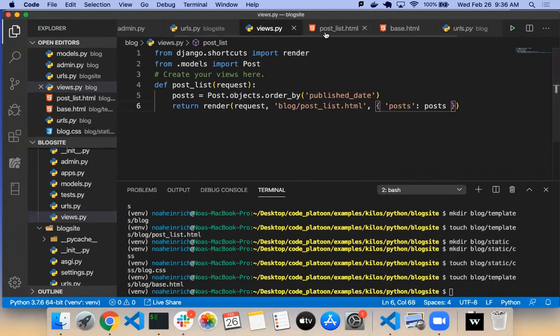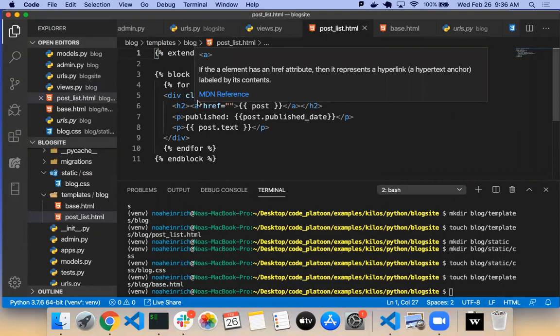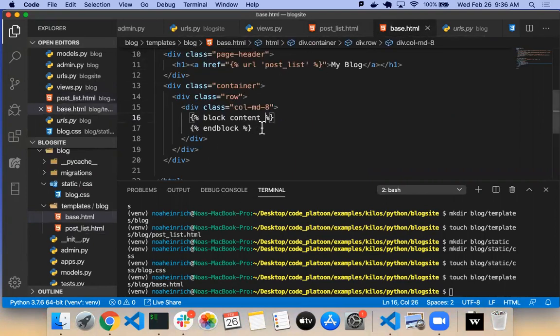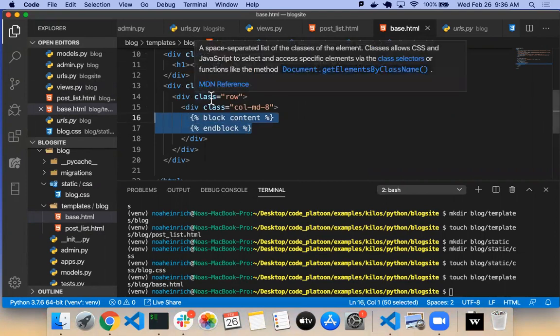It goes to postlist.html, and postlist.html says, here's my block content, but I'm extending this thing right here. So essentially, this HTML document is connecting back to this one, saying, put my content right here, and include all of this other stuff.